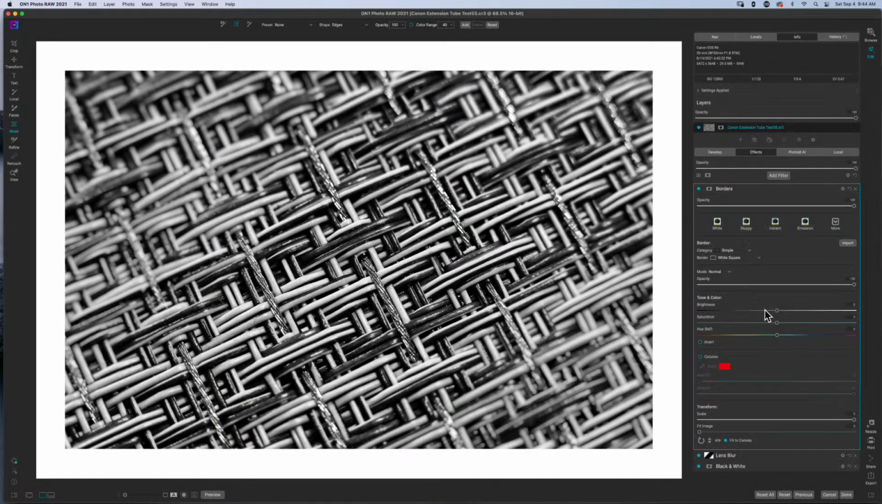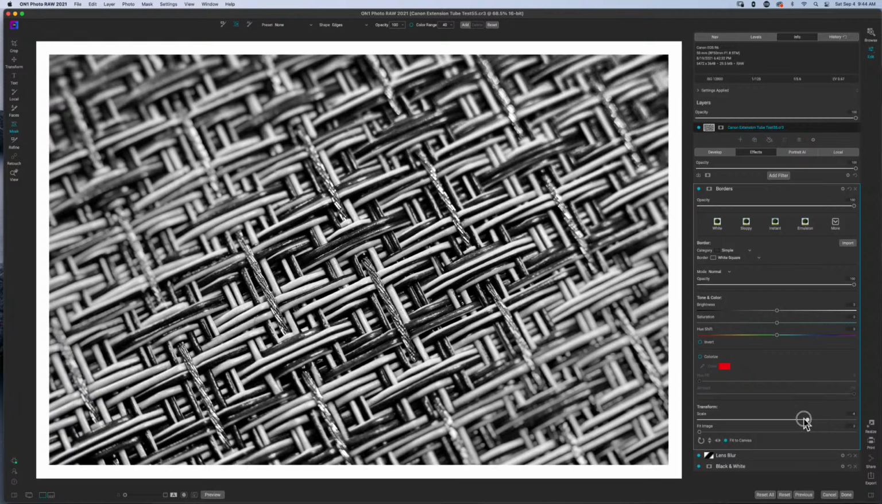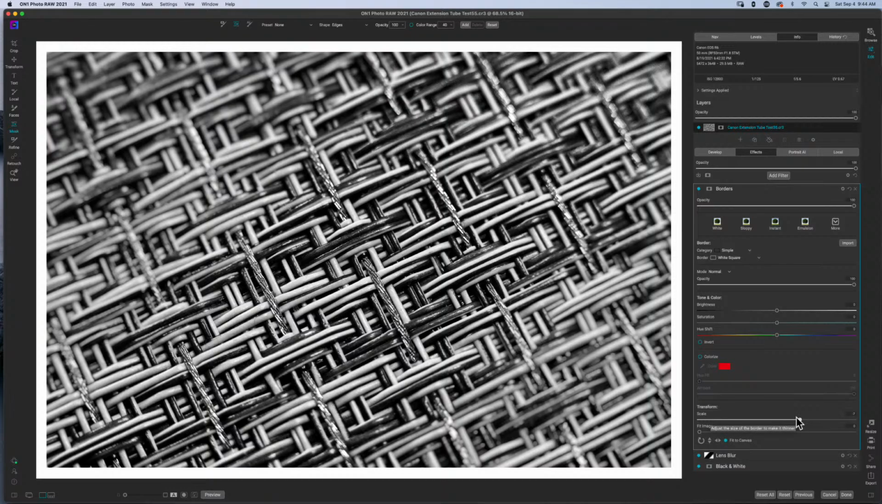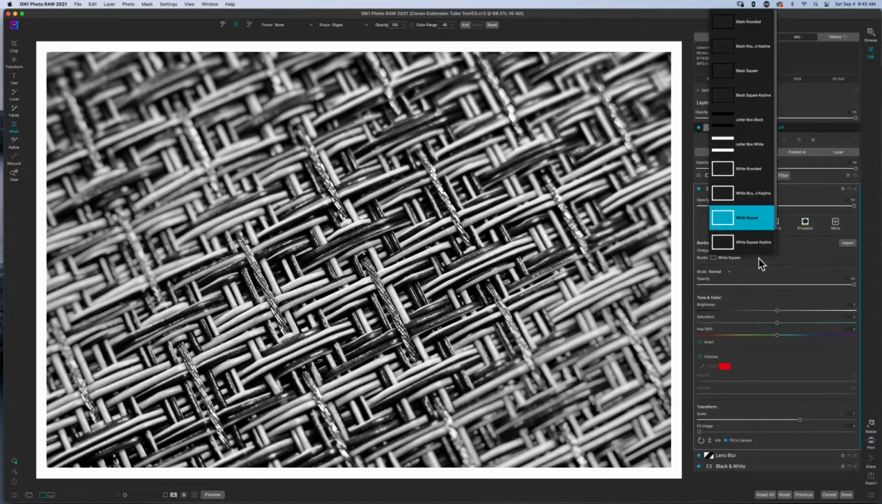Now, to me, I would probably just leave this border like that. I'm a simple kind of guy with my edits most of the time, but this is a very good border, and you can mess around with the transform to make the border larger or smaller, but that looks like something you could put inside of a portfolio. I think the border filter gets overlooked from time to time, and I think that you can really get away with some cool stuff in the border